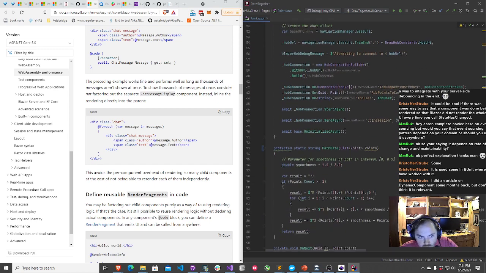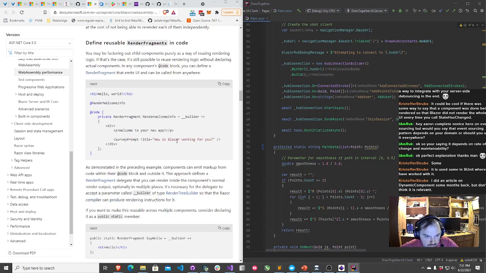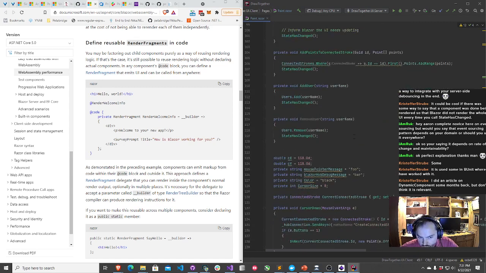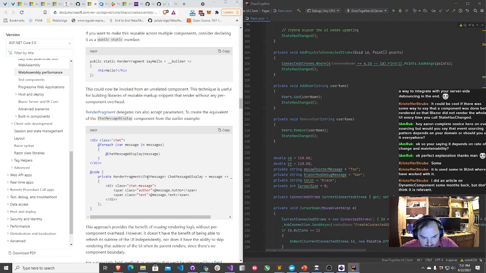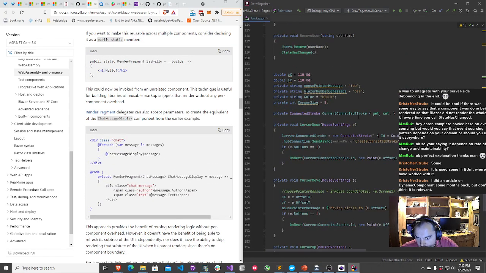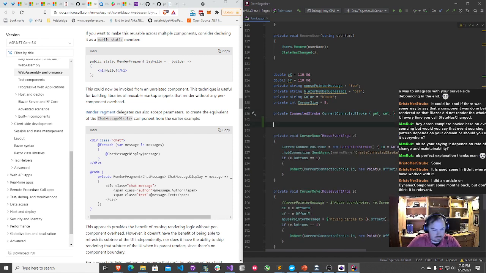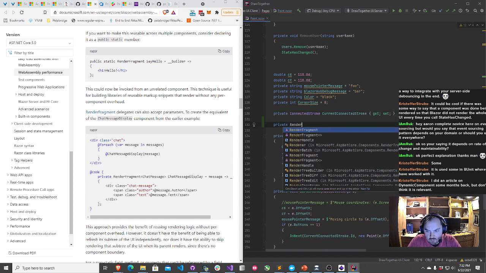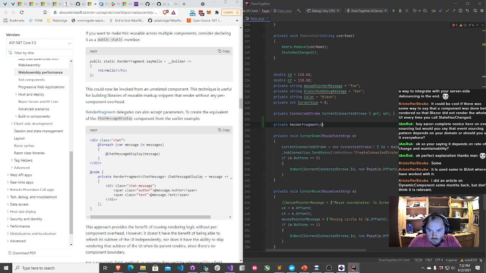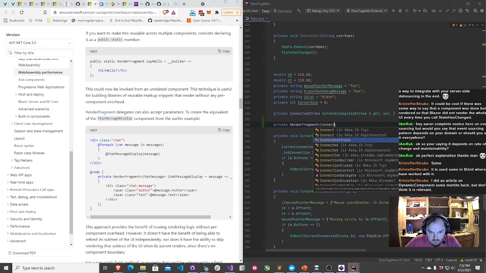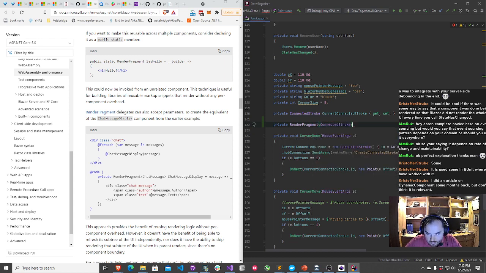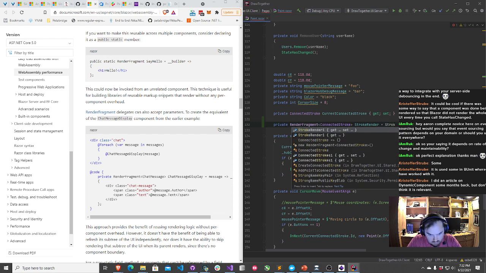Okay, so let's go ahead and do this. Private, where's my little chat message? Here we go. Private render fragment, we'll call this a connected stroke, stroke render, strokes.